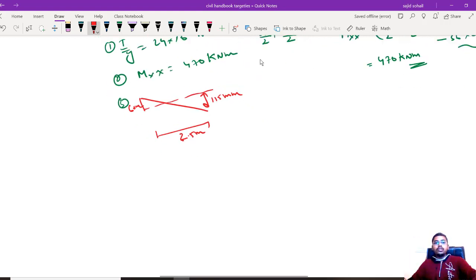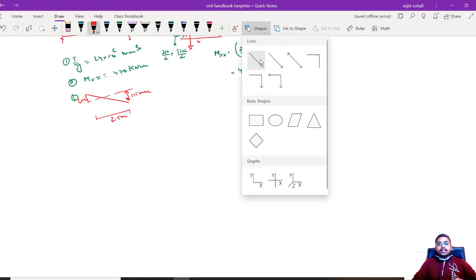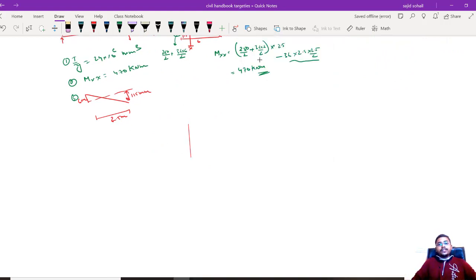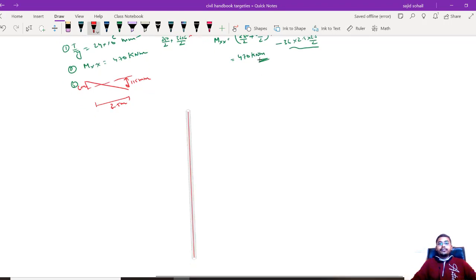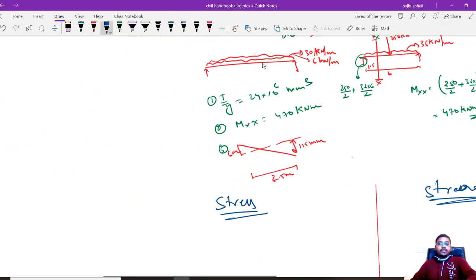Now we will solve the method in all the three ways. We will do it side by side so that it will be convenient for us to cross check the answer. This is for stress method, this is for strength method, and this is for C line. Just give me a second. This is for stress method, this is for strength method, because they are very closely related. So we will do both side by side. And then we will see load balancing method, which is the easiest. Okay, so let us start with stress method.